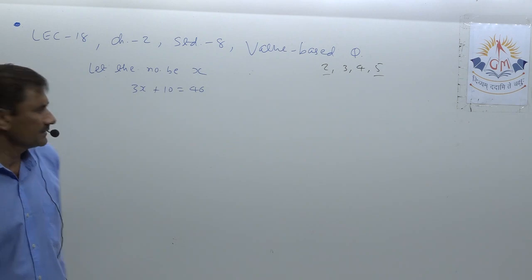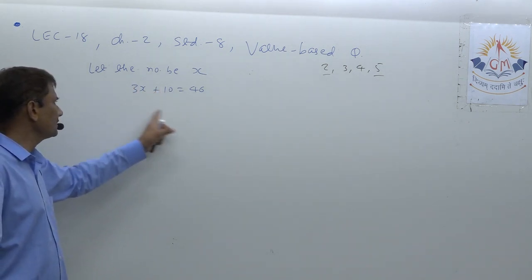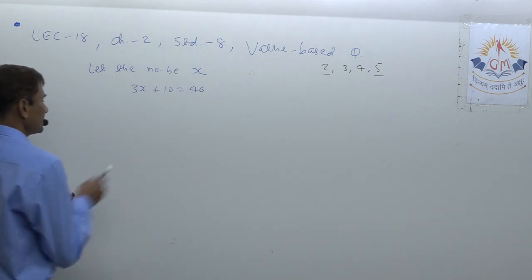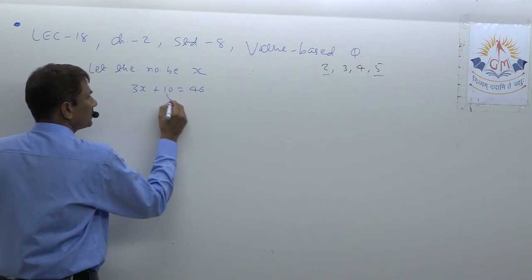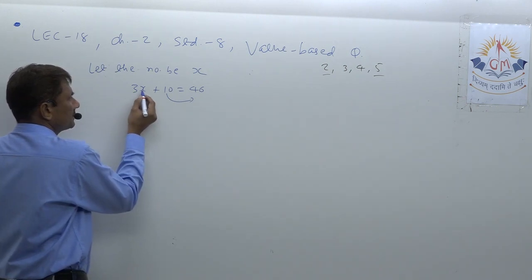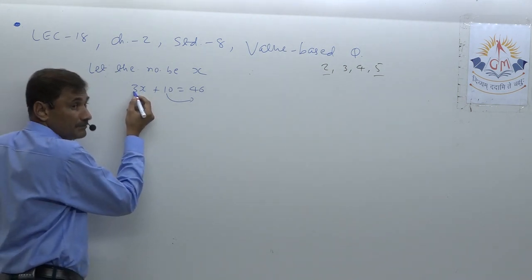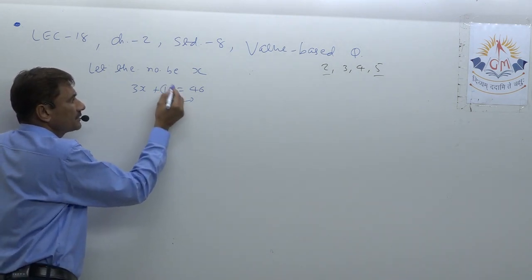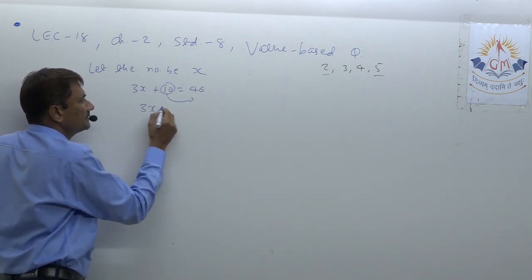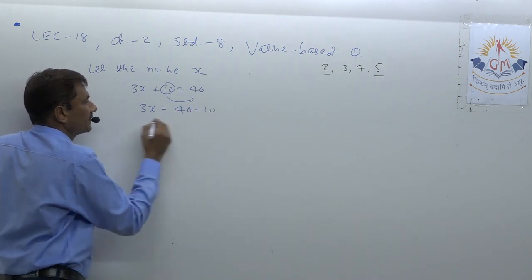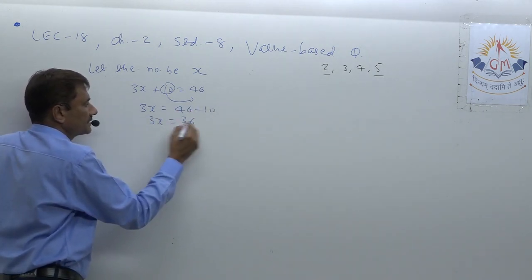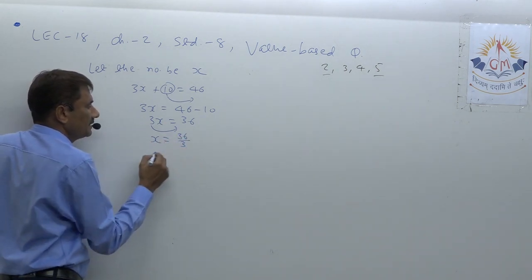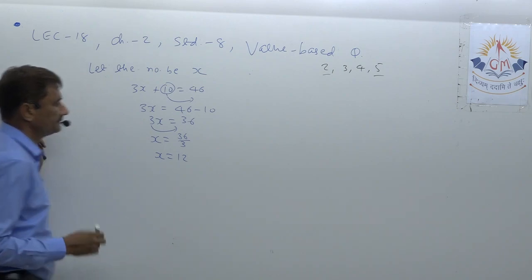Now you can solve it. First the term will shift there, then the coefficient will shift there according to the rule. Whenever I solve the first sum here, first of all only the term shifts. This is the coefficient because it is joined with the variable by multiplication or division sometimes, and this is the independent term. So the term is shifted first, so it becomes negative there. So 3x equals 36. Now 3 will shift there, so it will be 36 by 3. So it will be 12.